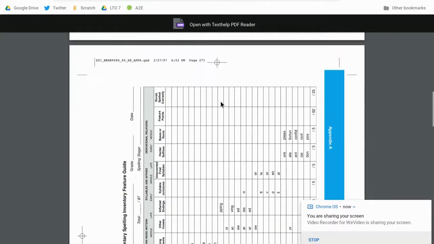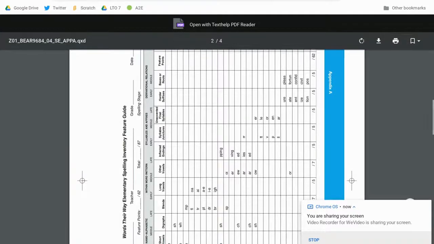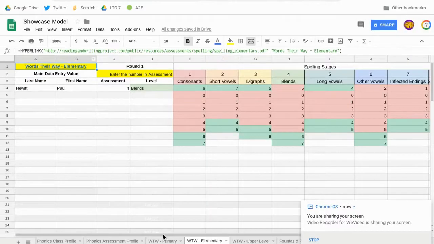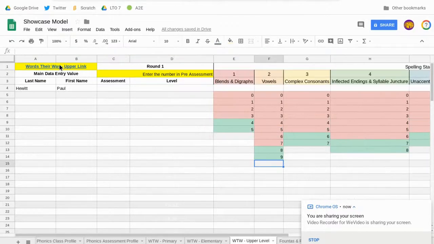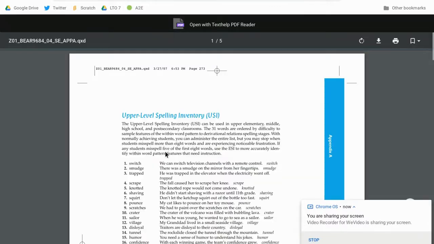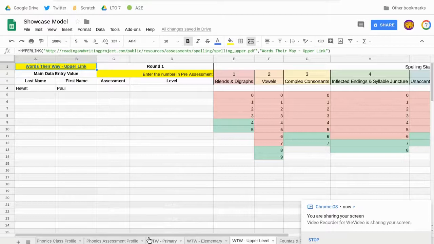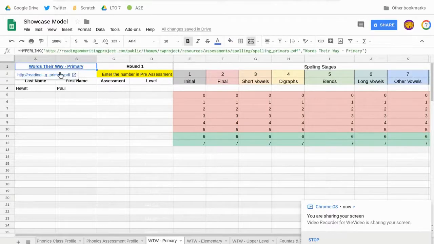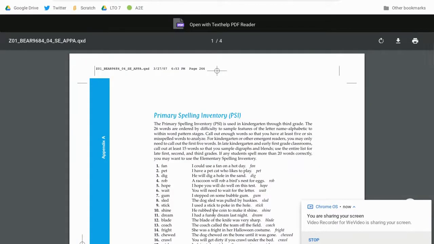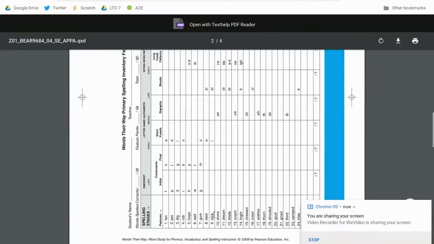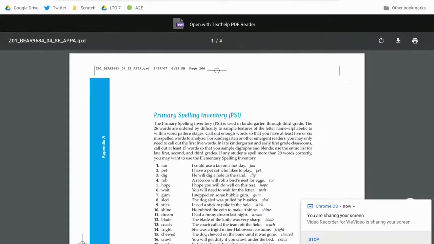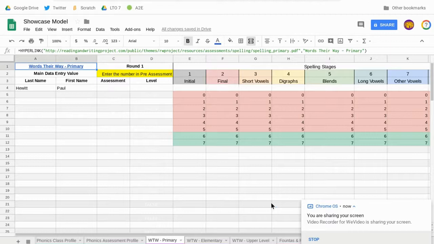So again, you can find all of these files directly from the Google Classroom tool. If I go over to the upper level, I click that link, it'll take me to the upper level one. Same thing with the primary sheet as well. So it'll save you some time in terms of trying to organize all that stuff. Yeah, so that's how you use the Classroom tool on Google Sheets for the